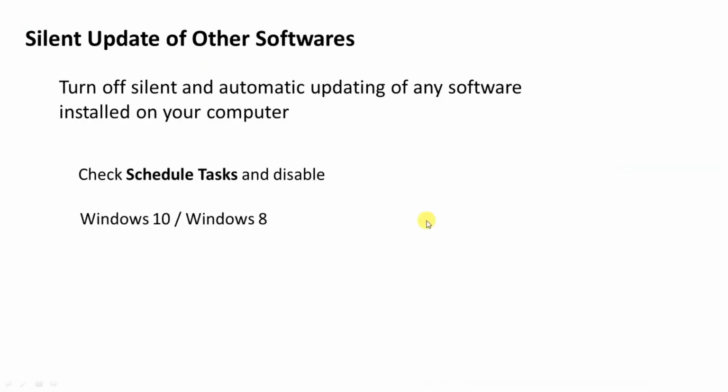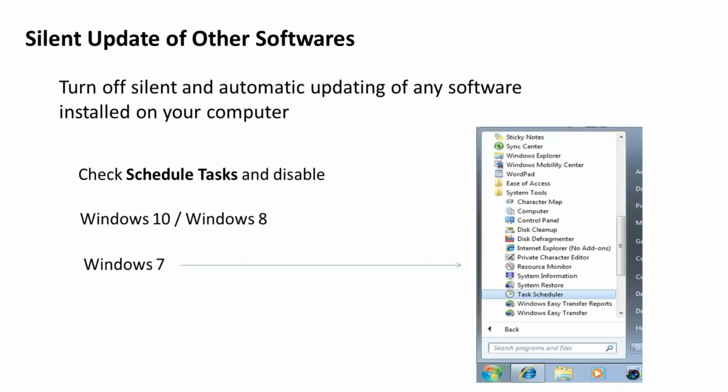Now if you are using Windows 7, then simply open the start menu, right here task scheduler, and it will be opened. Click on it. The same type of window will be opened that I showed you in Windows 10 and Windows 8, and perform the same process that I told you for Windows 8 and 10.